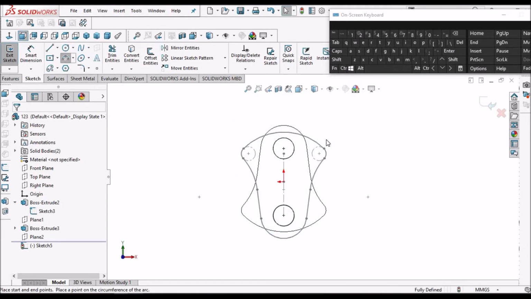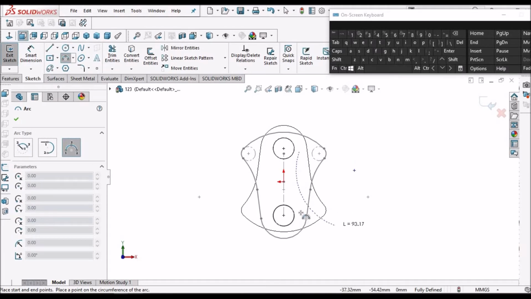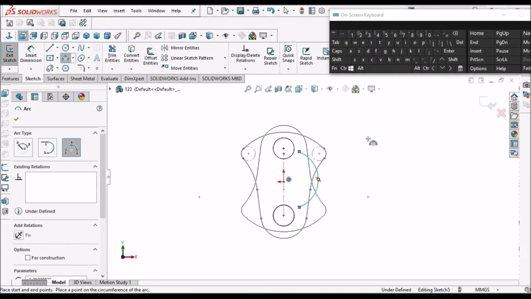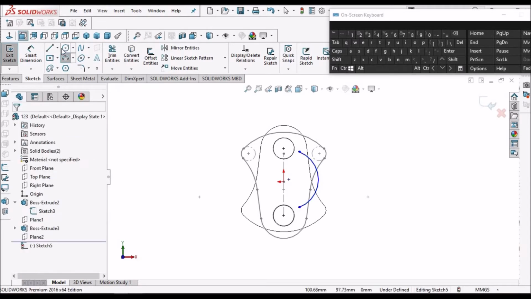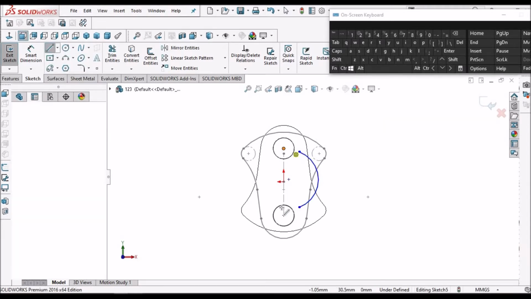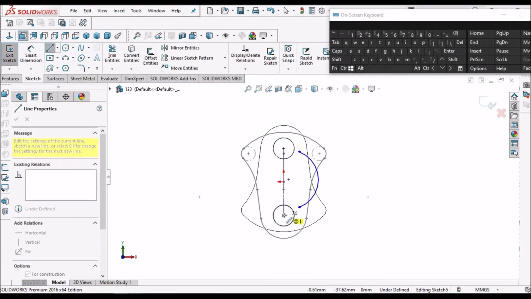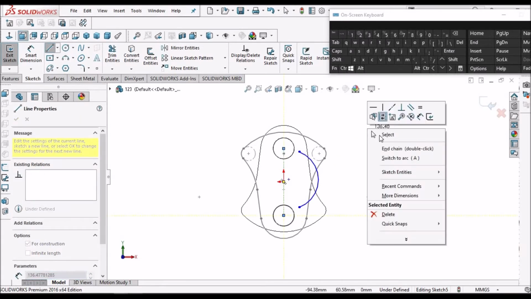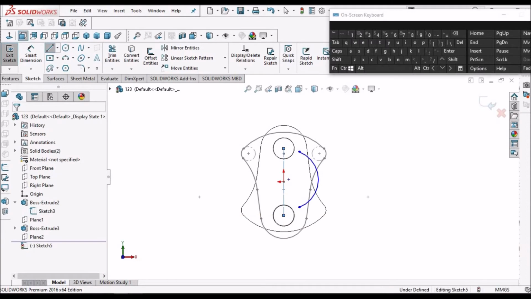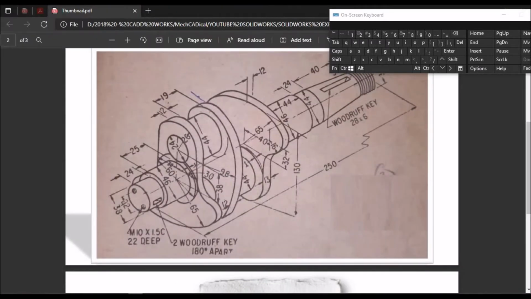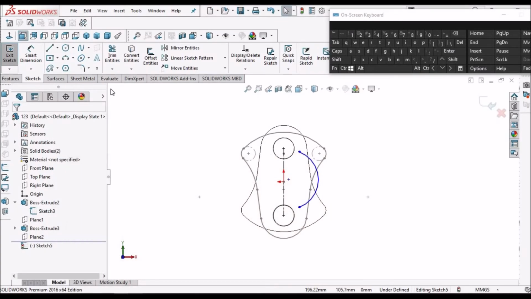Draw 3-point arc and one center line. See, this arc length is 98 from the center.